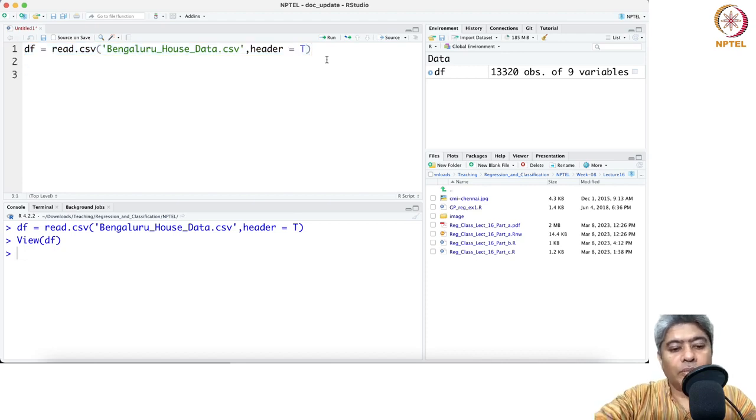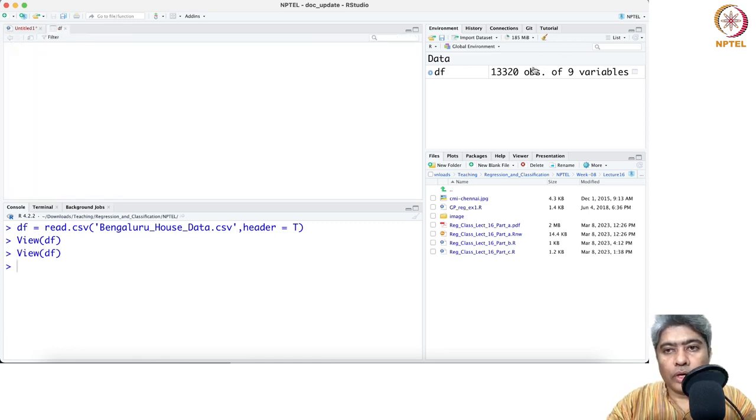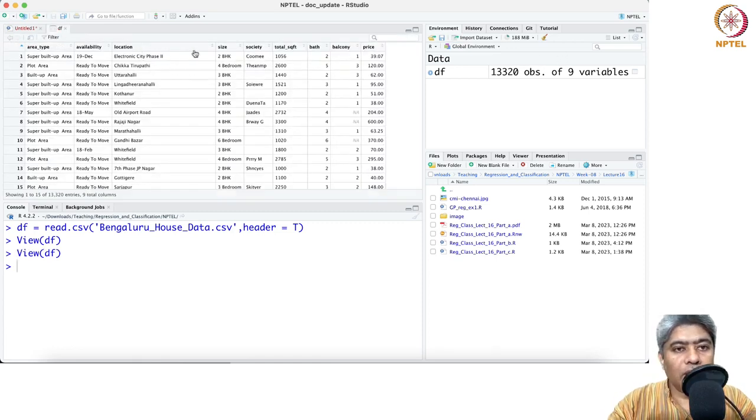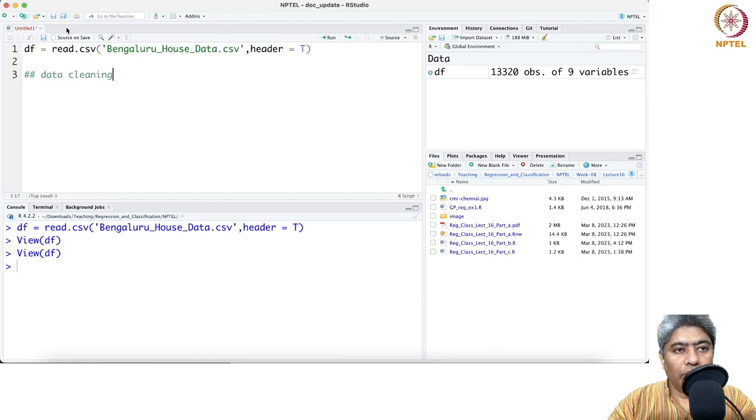First we have to do some data cleaning. And if you look into the data, you can see in the society there are quite a few empty cells. So we can check how many